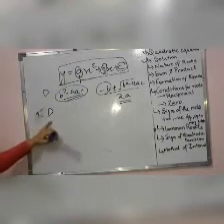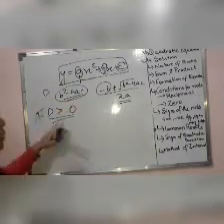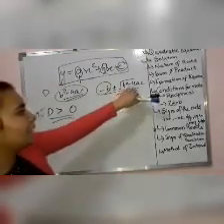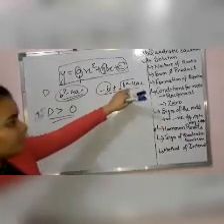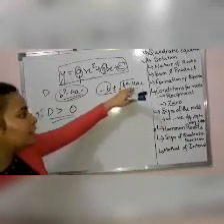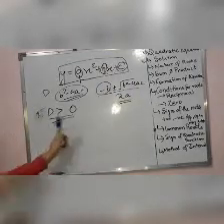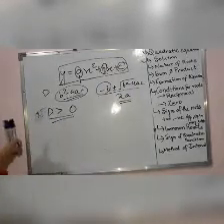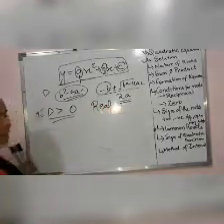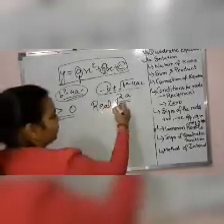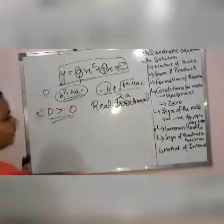So if the discriminant comes out to be greater than 0, what will happen? I can take it out of the square root. If this is greater than 0, then this value could be easily taken out of the square root. So if my discriminant is greater than 0, then my roots are going to be real, and second, they are going to be irrational. So they are going to be real and irrational.